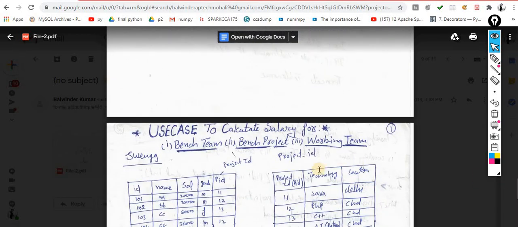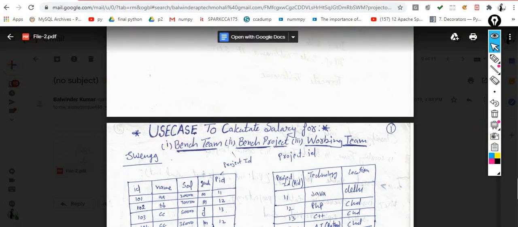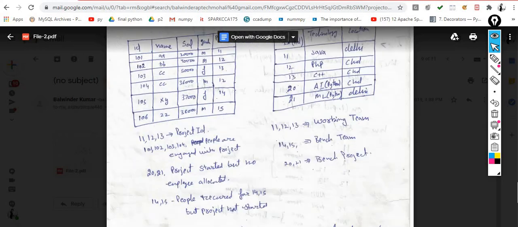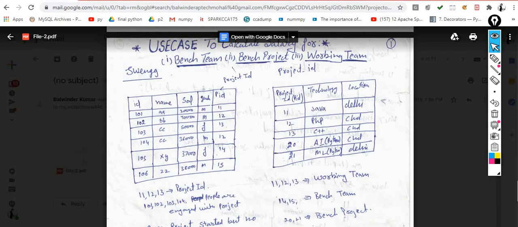Okay, and this one is the use case. This one is a very good use case, and this can be implemented in Hive. But yes, entirely the same thing can be implemented in MySQL as well. So I will teach you these 2 or 3 use cases entirely in MySQL. But prior to that, you must have knowledge of those things, because the basics are highly required.